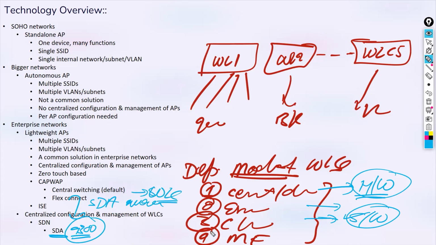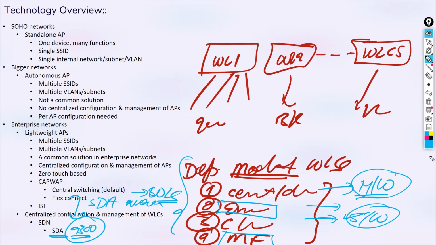So if you need fewer APs to be configured and managed, you don't need to buy a full-fledged software or hardware solution. You can just take a switch, convert it into the wireless controller and manage your network. If you have less than that, you can have an AP itself working as a controller. That is the mobility express solution. These things will also come up when we start talking about them, but I just thought I should bring it up.